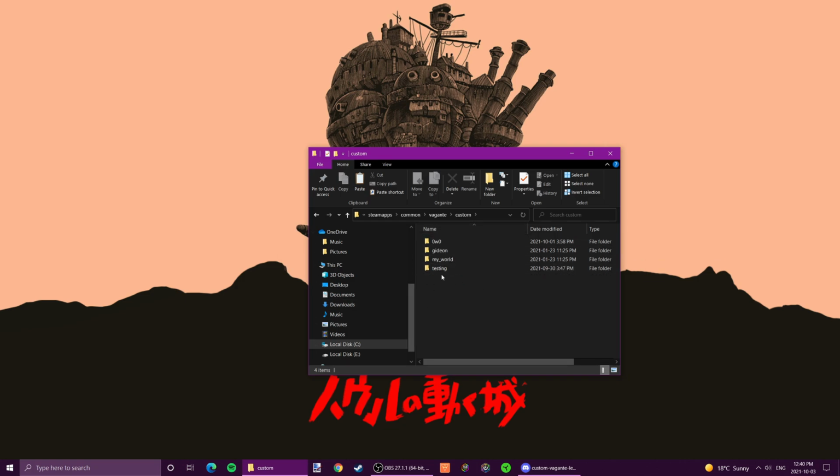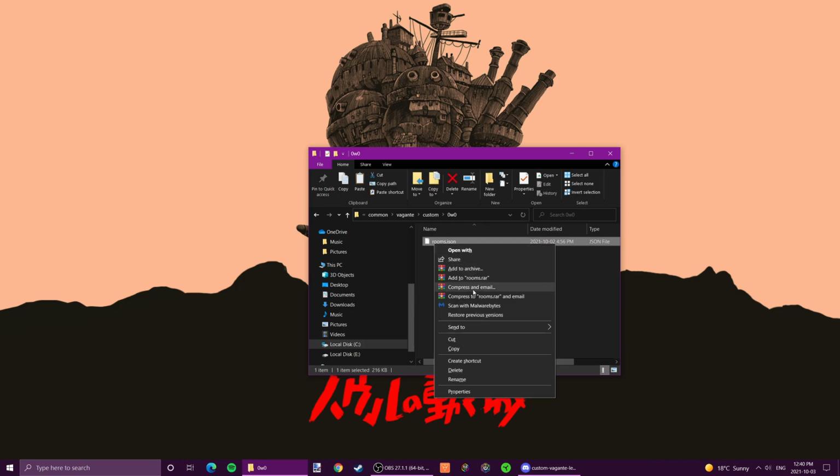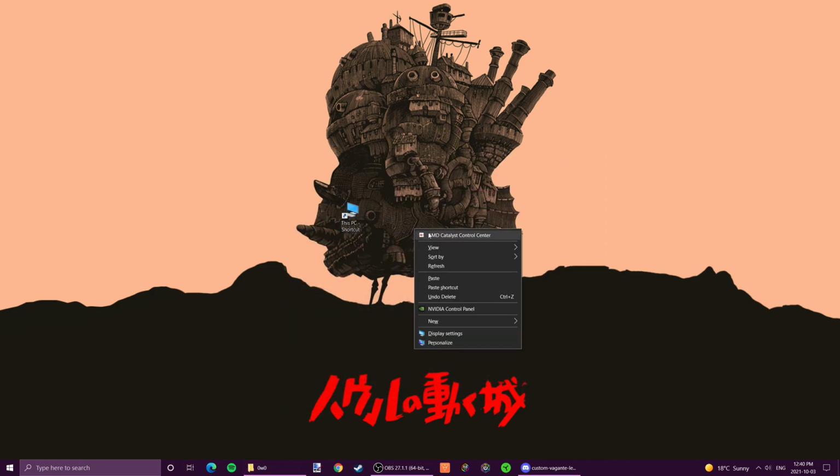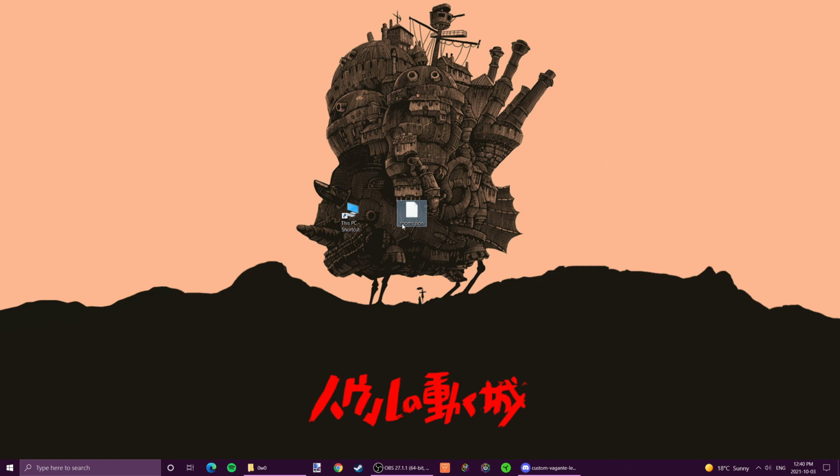Now in here, these are all the custom Vagante levels you've made. So to share, all you got to do, we'll go to the one we created, OWO. And here's your entire edited room. Now, just go copy. You can close this window, and then you can just paste it right onto your desktop. And there you go. This room is now a copy of everything you've worked hard on, and you can share it to people. You can throw it onto a flash drive, give it to a friend,